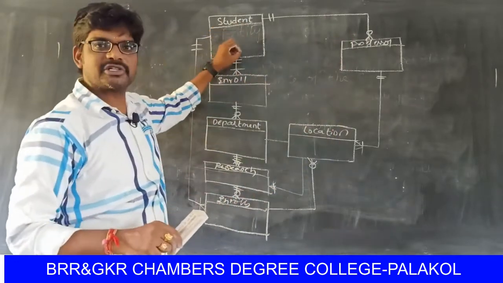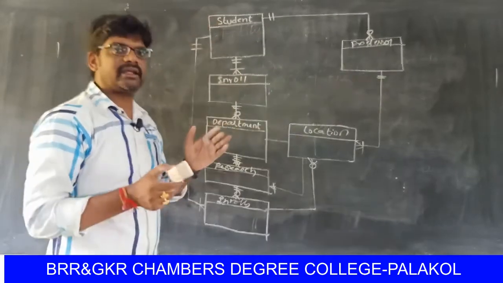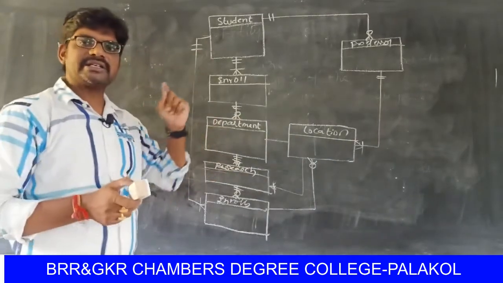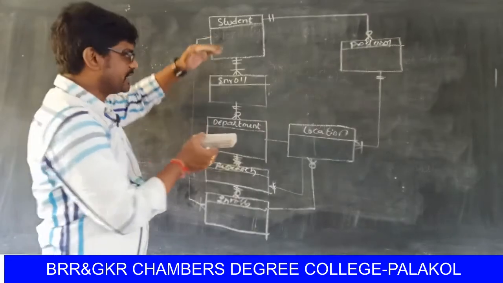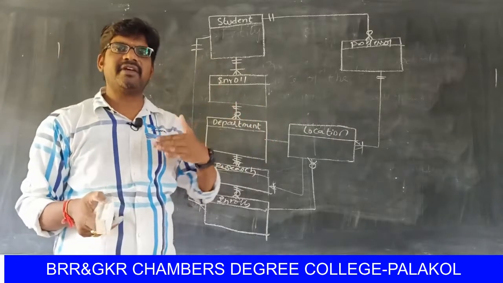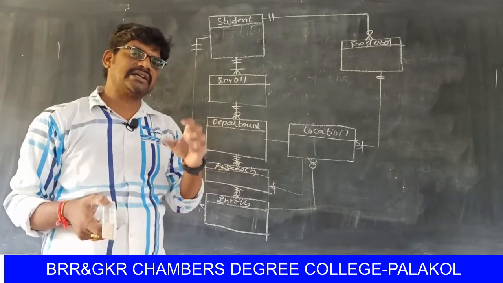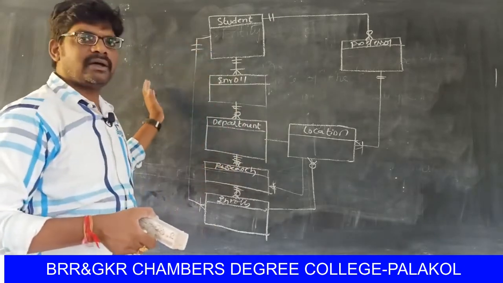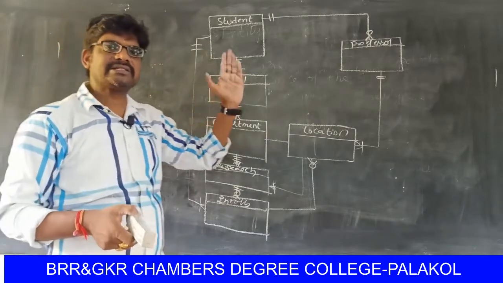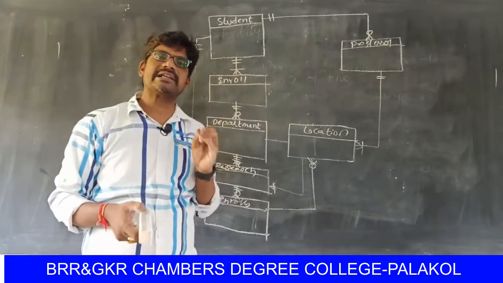Here the attributes are not presented in the entities. So we can apply entity clustering by combining all these entities into a single abstract entity. That means it can minimize the space for maintenance and it is a very readable form. The database designer can easily understand the database design. So this is important in database design. Whenever unnecessary elements are present in the diagram, we have to use the entity clustering concept.